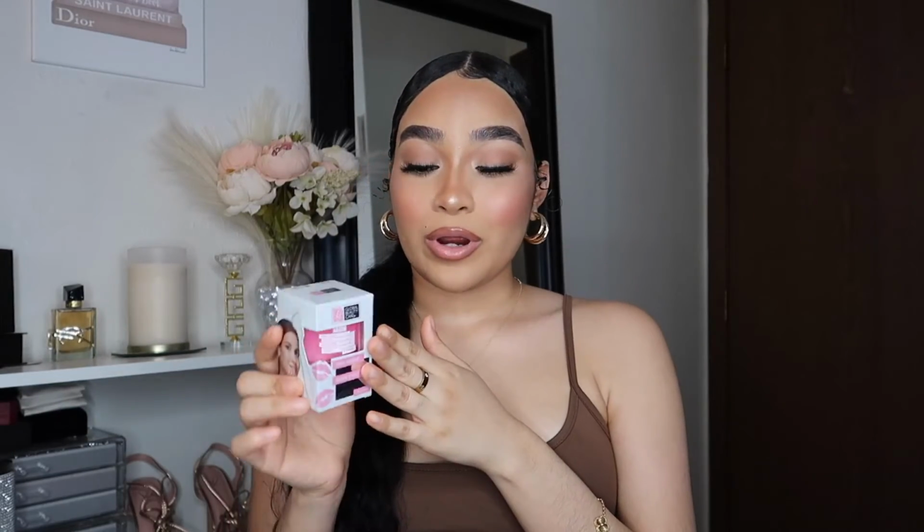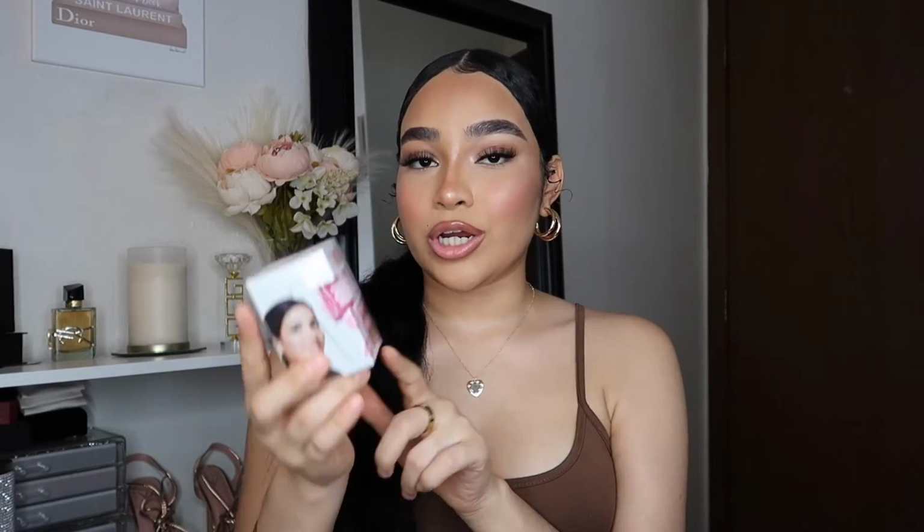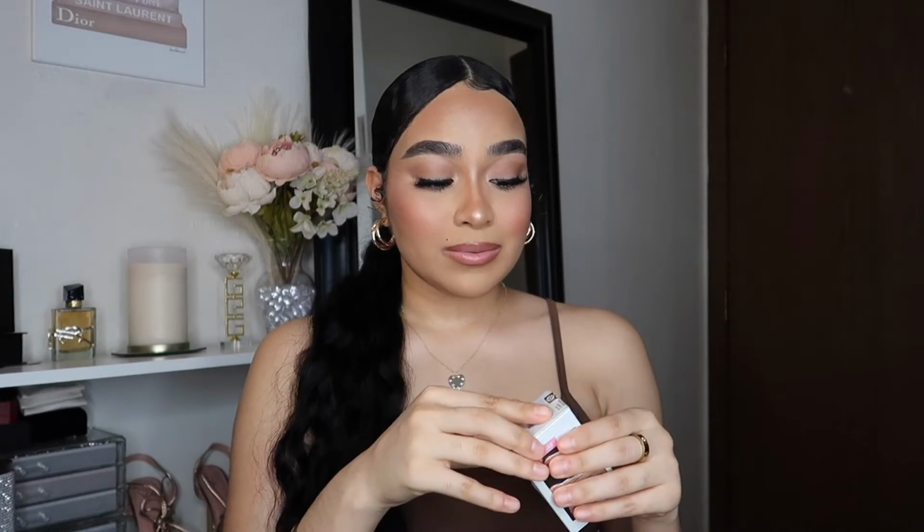This next Dollar Tree product was a little hidden gem to me, because I swear I never saw this in my entire life. This is by the brand Global Beauty Care, and you know that brand is very familiar at Dollar Tree. I don't know if this product is new or what, but this is their pink sugar lip scrub, and I've been needing lip scrubs. My lips be getting crusty. I just be having dry skin, and it's so annoying. Even in the summertime, I thought it was gonna get better. It did, but I don't know, my skin,